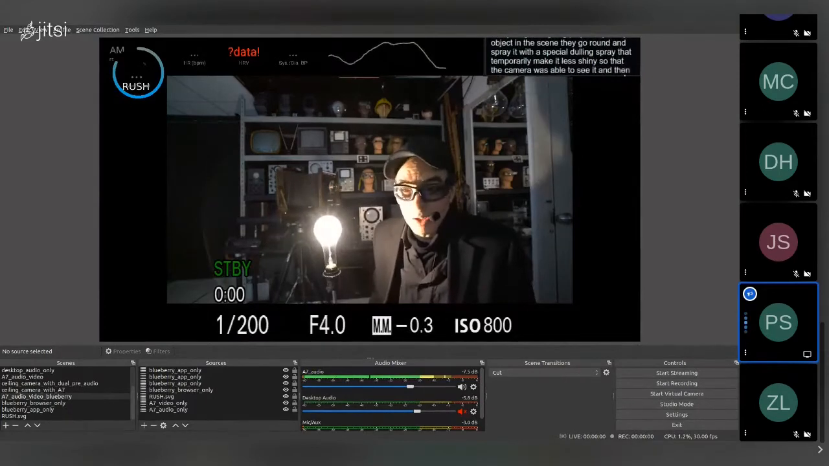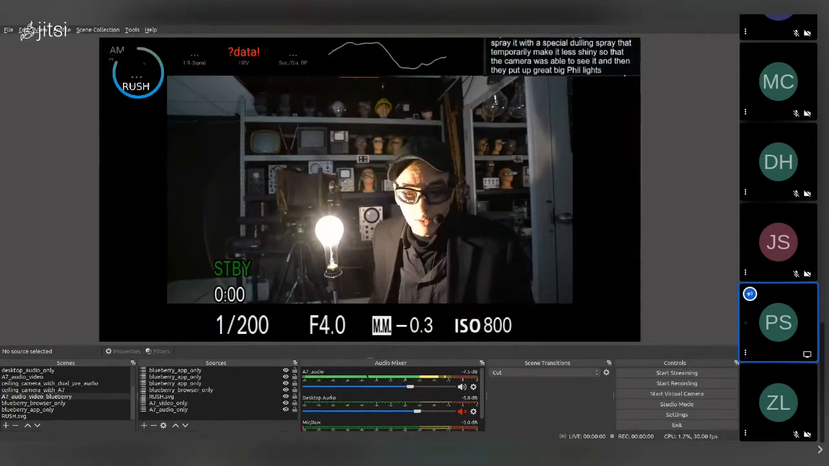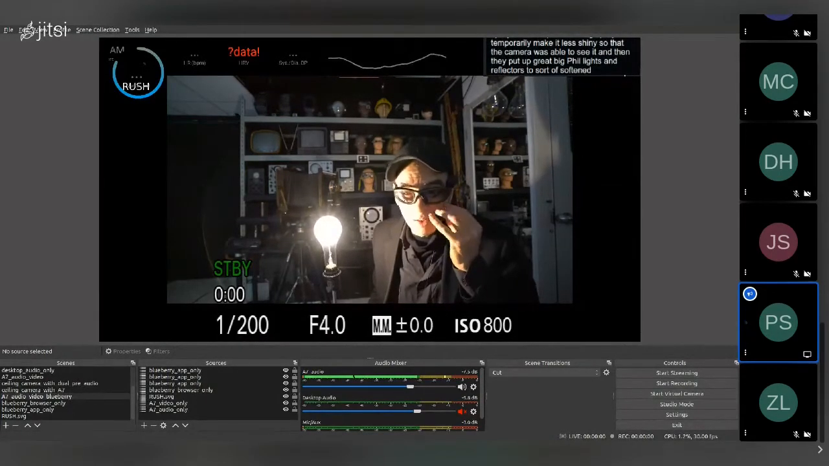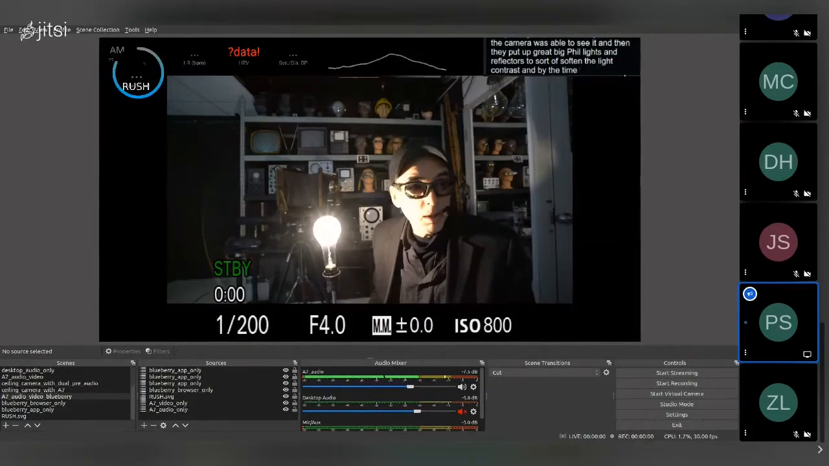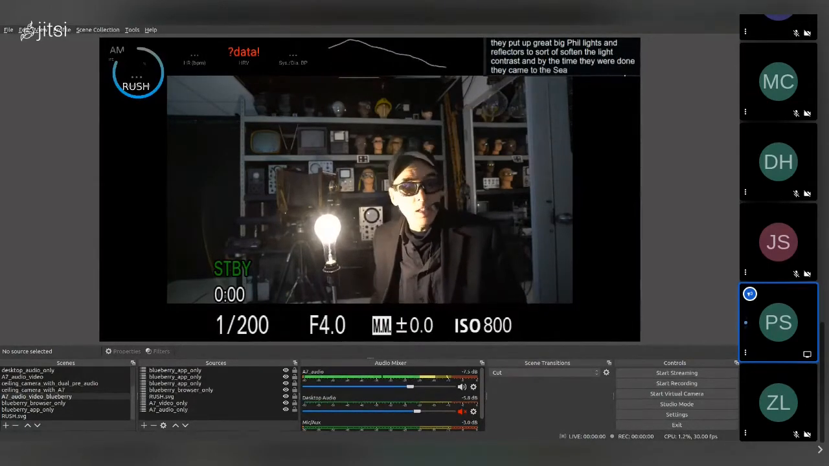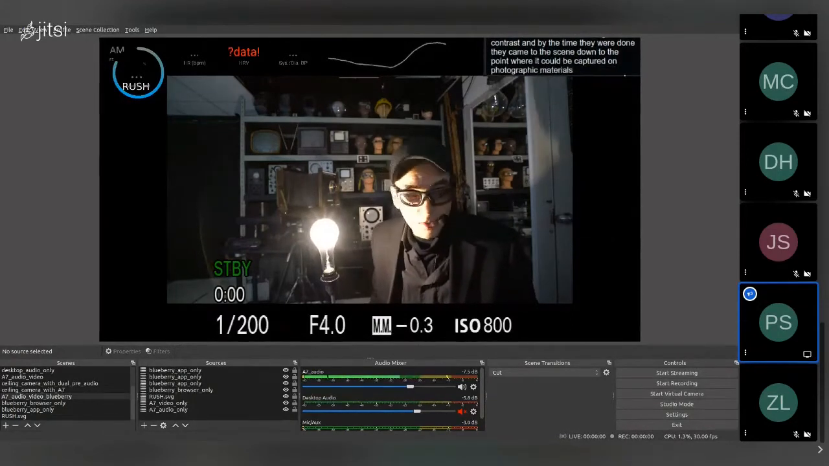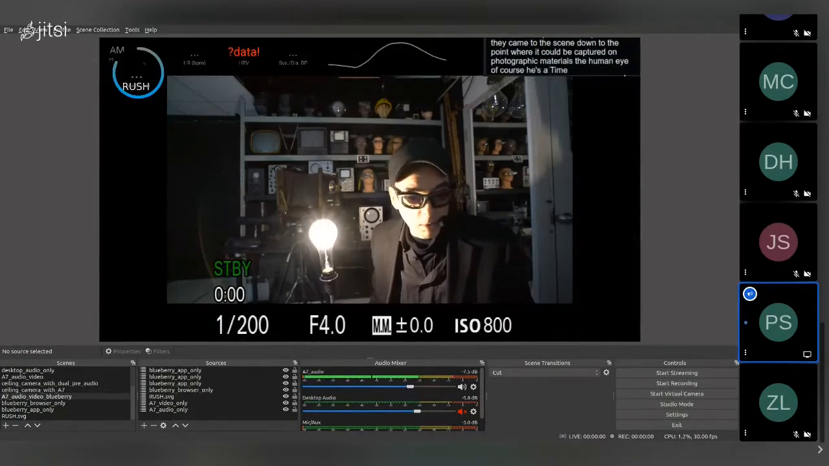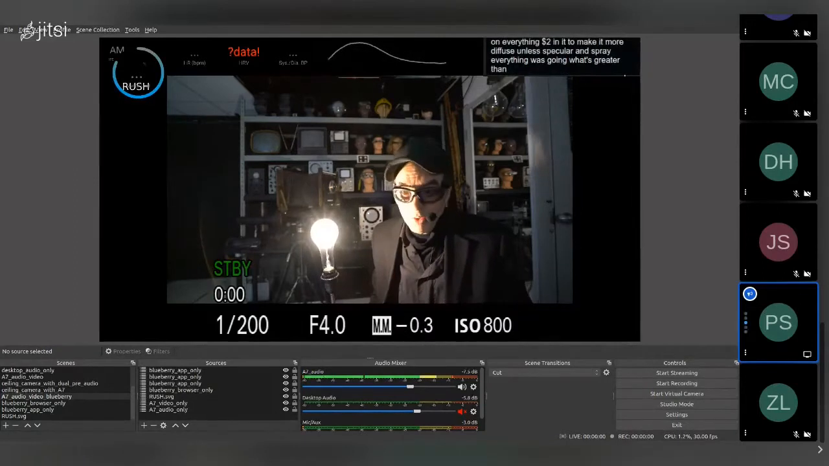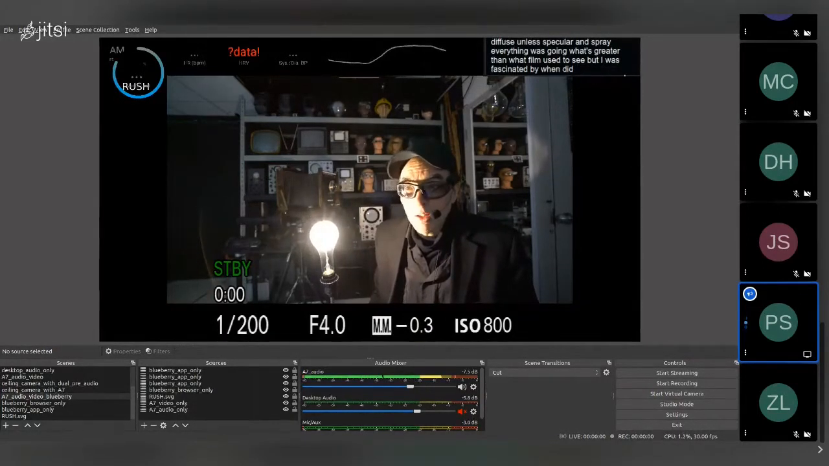And then they'd put up great big fill lights and reflectors to sort of soften the light contrast. And by the time they were done, they tamed the scene down to the point where it could be captured on photographic materials. The human eye, of course, sees a dynamic range much greater than what film used to see. But I was fascinated by, wouldn't it be nice, I asked, if we didn't have to do all this,